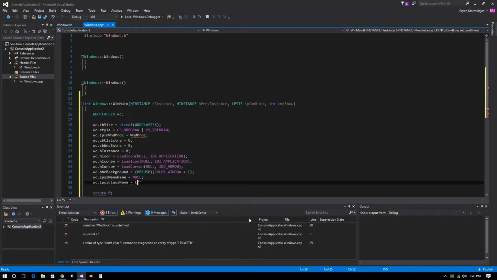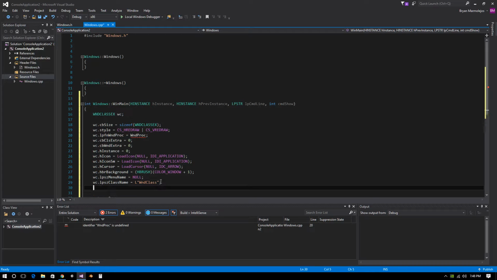Yeah, you're gonna get this error if you don't leave the L. So this is the, I'm gonna call it window class, and then